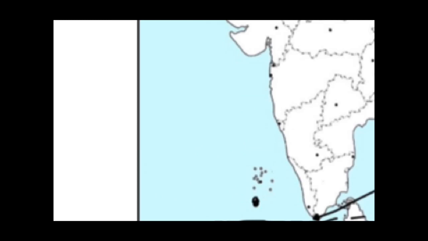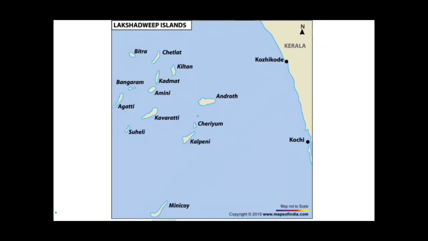So guys, see that these Lakshadweep Islands lie in front of this Kerala region only. So these Lakshadweep Islands lie in front of Kerala only, and more or less to the Malabar coast, you can say, to the Malabar coast, okay. So here you can see these are the Lakshadweep Islands. This is the state of Kerala. So here you can see these are the islands given. These are the Lakshadweep Islands. These are very small, and to the extreme south of Lakshadweep Islands lies here Minicoy Island.